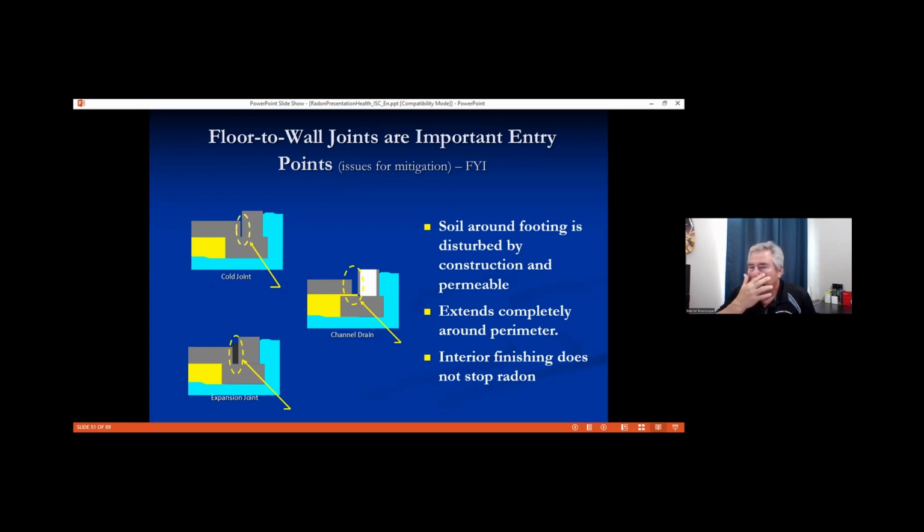Now in new construction, for those that may have taken the course back in May, during the construction, what we want to do is use techniques to try to prevent the radon from getting up that crack. So you have a membrane here, a plastic membrane. If you're able to seal that up against the foundation wall or the top of your footing here, then that would create a barrier and the gas would not be able to get up into that crack. So in the course we gave in May on radon, we were concentrating on new construction, and that's one of the areas that we need to put into application so that radon doesn't come up that crack.